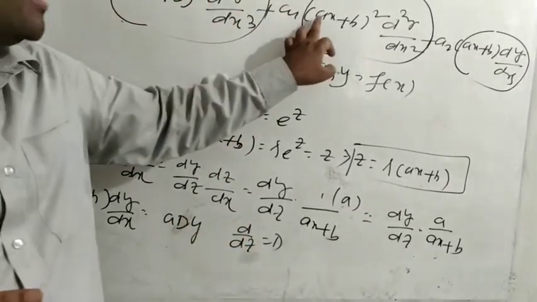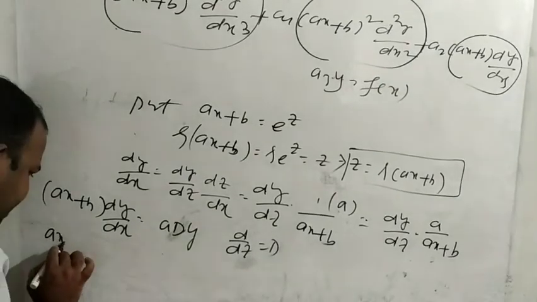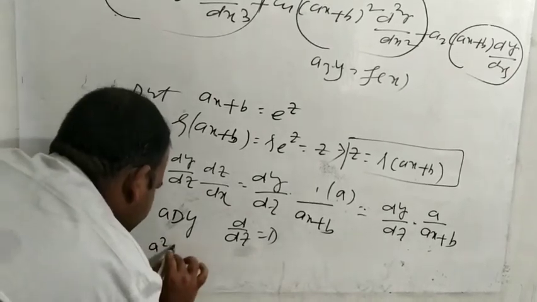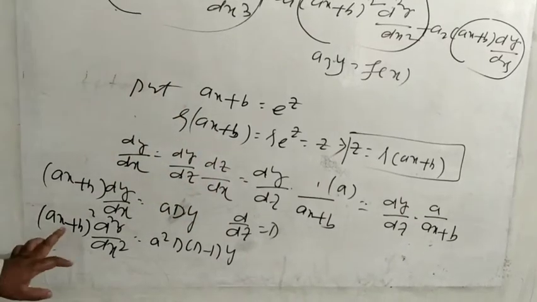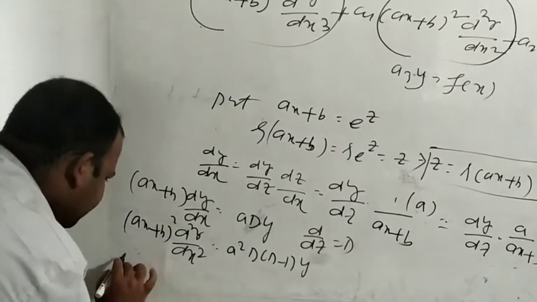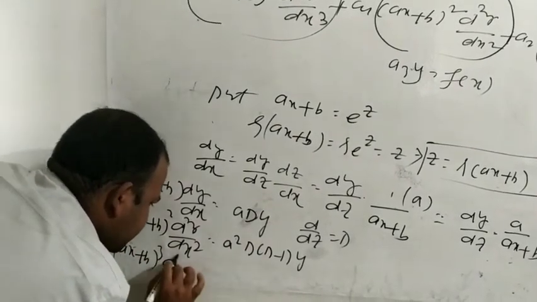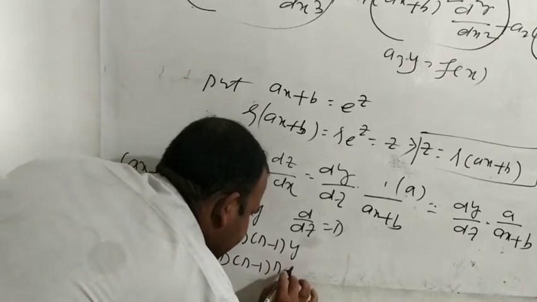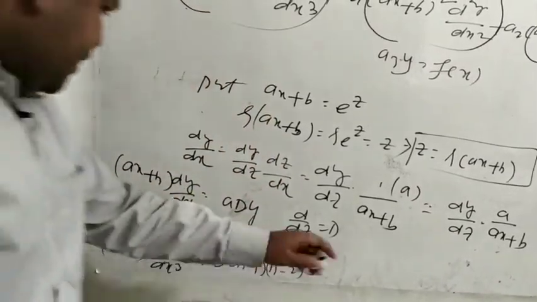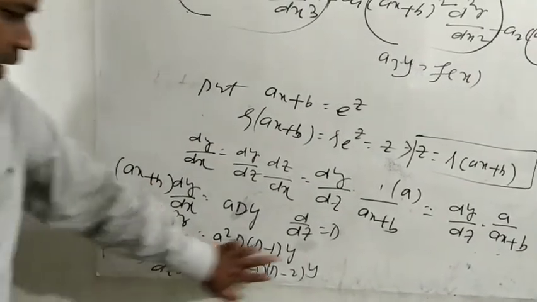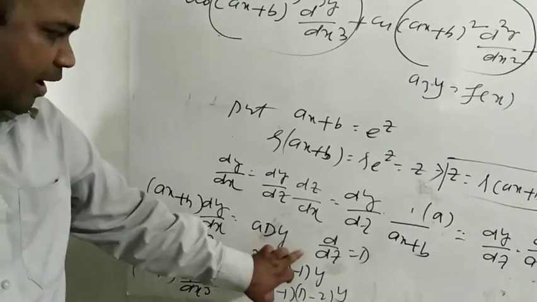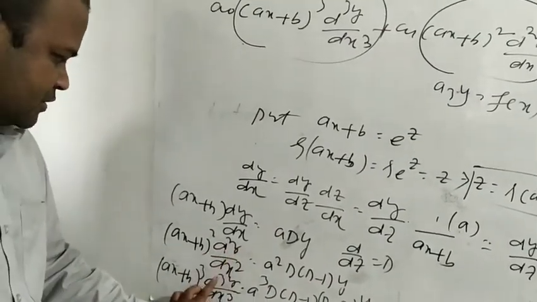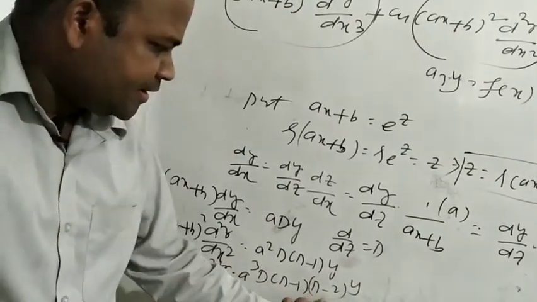Similarly you can find (ax plus b) whole square d²y by dx², that is a square D into (D minus 1) into y. Two terms will come here, because our order is 2. Similarly (ax plus b) whole cube d³y by dx³ is a cube D into (D minus 1) into (D minus 2) into y. So in this way, based upon the particular expression, you will find the value: a D y, a square D(D minus 1) y for order 2, and for order 3, a cube D(D minus 1)(D minus 2) y,